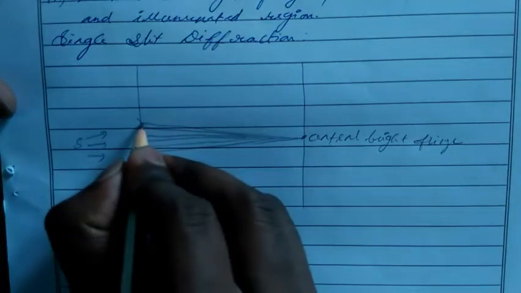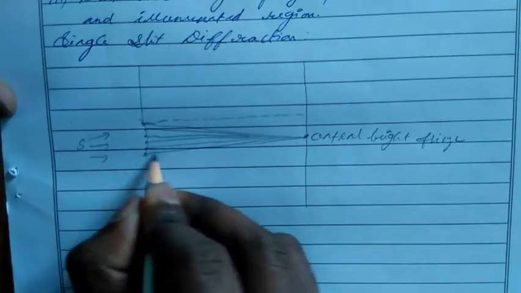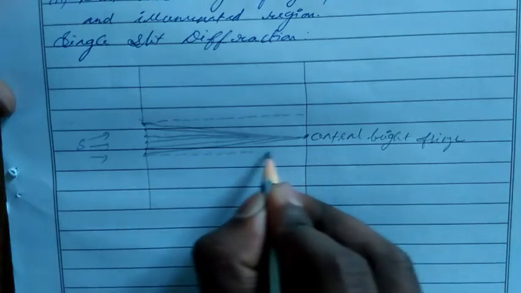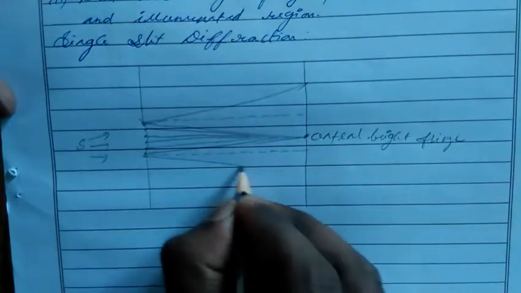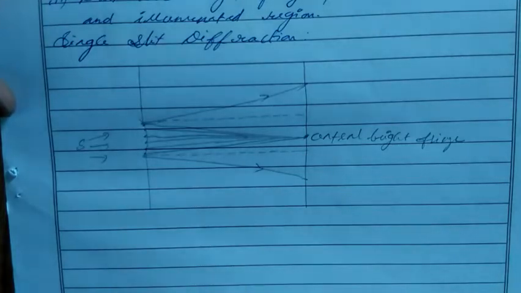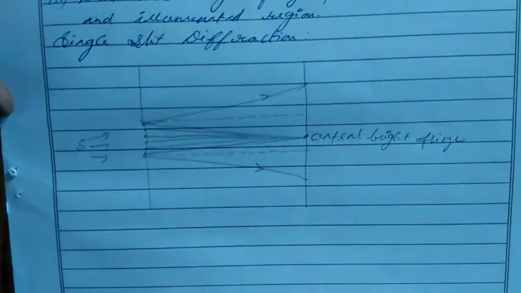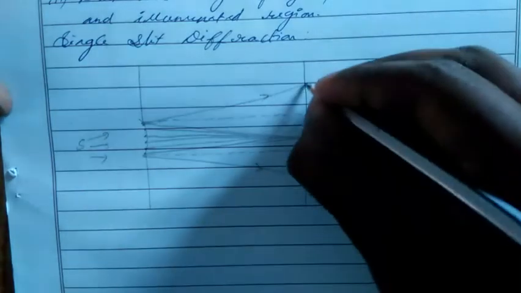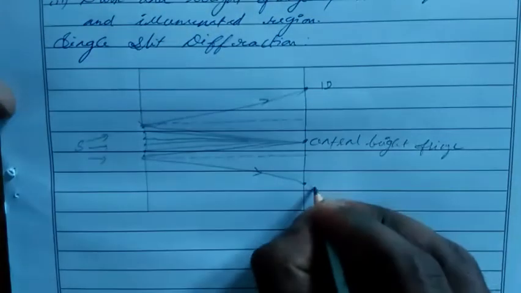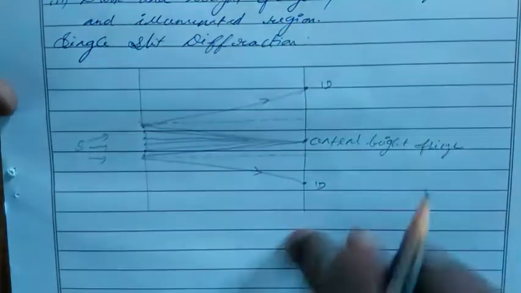Okay, so because of the diffraction process, the light wave is also deflected. Light won't move in a straight line, it will move like a wave. So because of diffraction, some light waves are diffracted. Where it strikes on the screen, here we have the first dark. Okay, so central, first dark, and then we have the first bright like that.